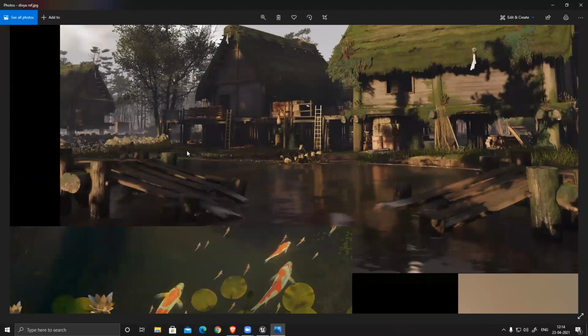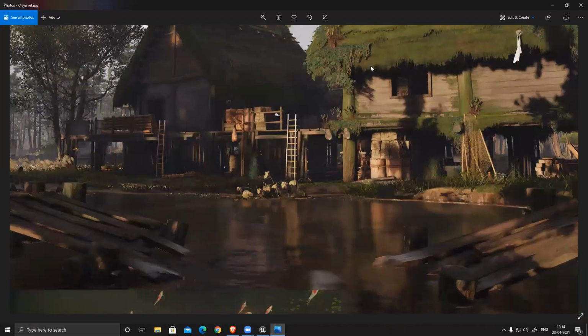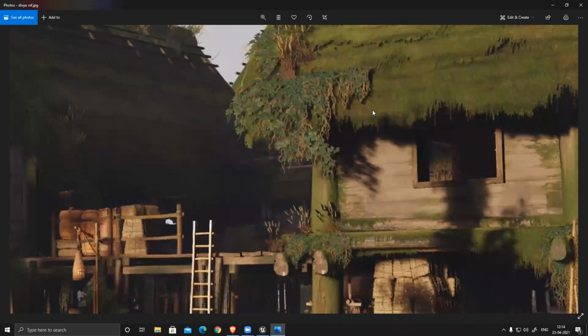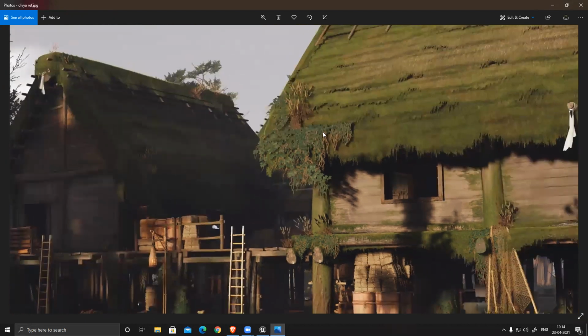Sir, the hanging grassy things on top of the shed, what is that, like cloth? Because it's moving also in the game. It's a plane. It's a plane with a wind effect. Okay, sir. Whenever we are using a wind effect, we need to have a decent amount of polygons in that particular mesh, otherwise it won't work properly. That's the only thing. So it's a plane with multiple cuts.